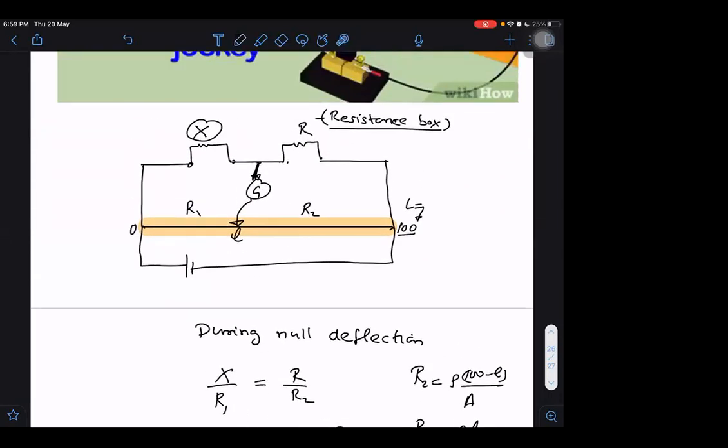I can verify it. I can change it in many ways. I can give the length not 1 meter but 2 meters, or I can give a variable resistance wire. I can say the wire is in the shape of a frustum, and you know what to do in that case. If it is in the shape of a frustum, then I have to find R as a function of x. So how to find R2? In such cases, I never find R2 directly.